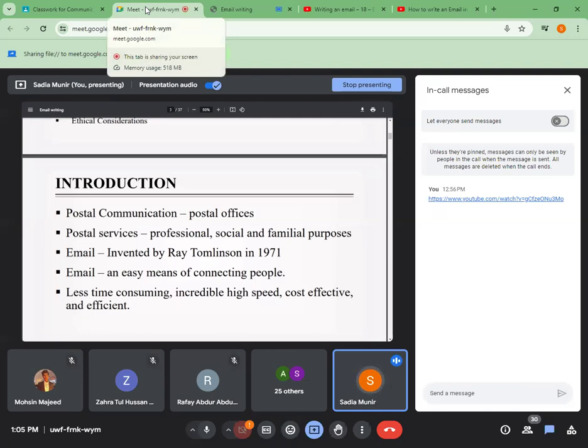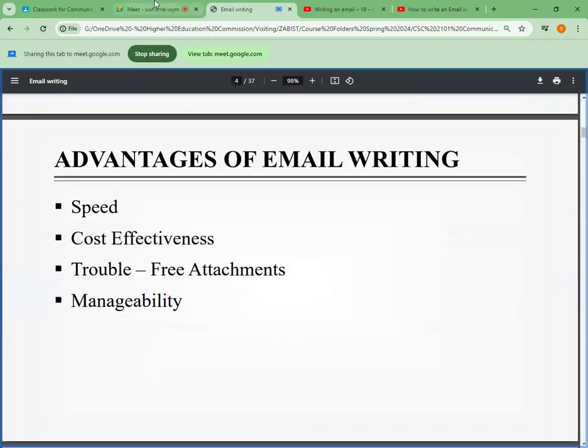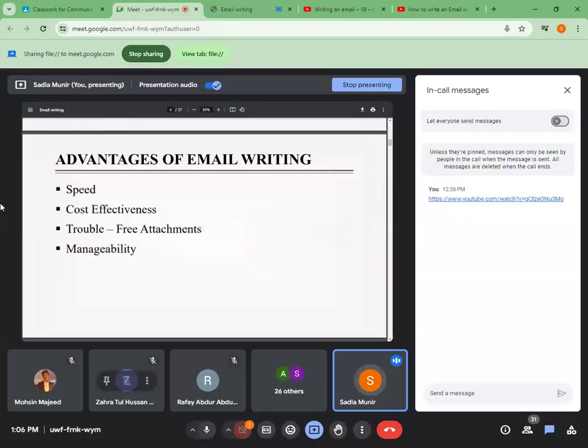If you remember, one of you just told us that communication is a tool of communication between two people. So is email. Email is a type of communication, an electronic way of communicating with each other. Less time consuming, incredibly high speed, cost effective and efficient. As far as advantages are concerned, like I've told you, manageability is there, trouble नहीं होती, you can attach things